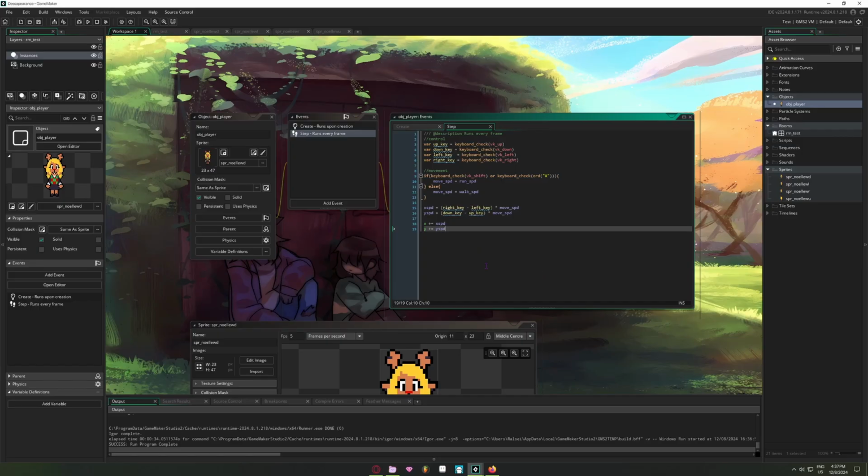However, we're not animated. So in order to animate the character, what we want to do is add 2 little slashes here, and to add another comment, type animate, because this is where we're going to be animating stuff. And so